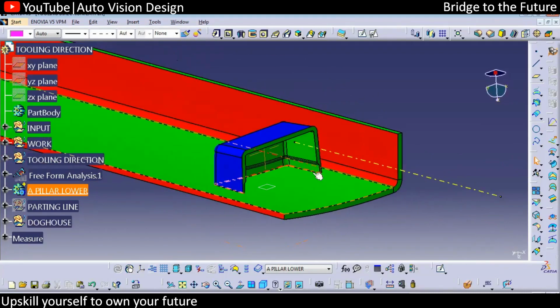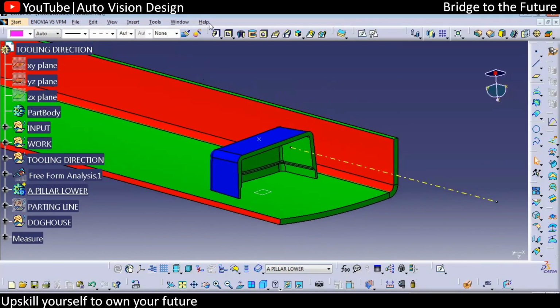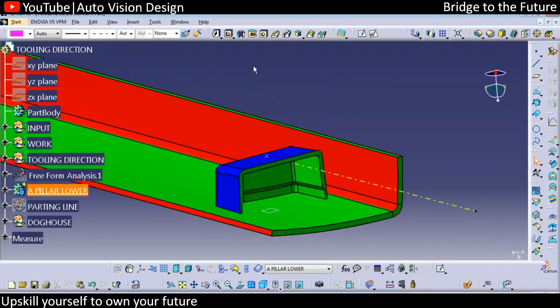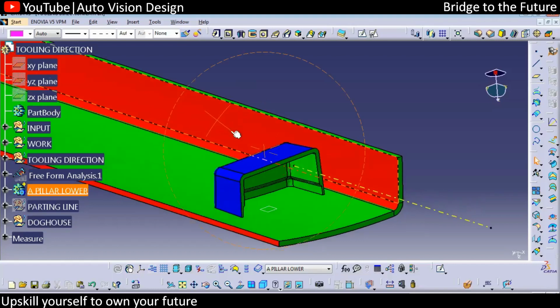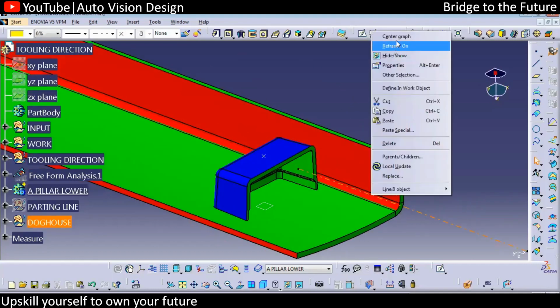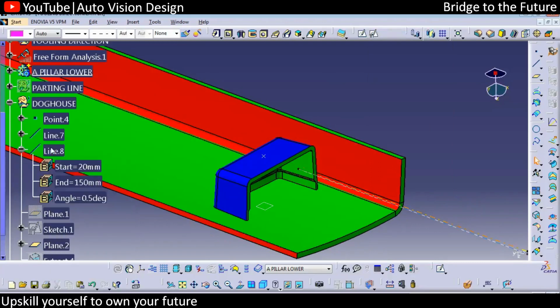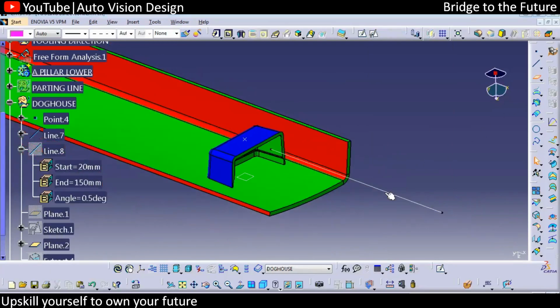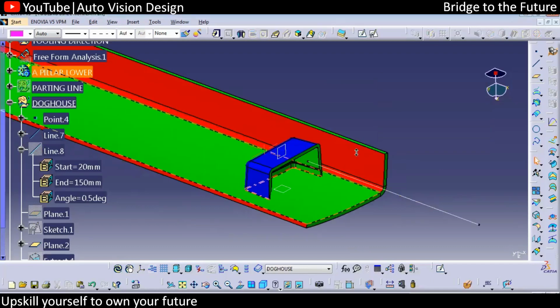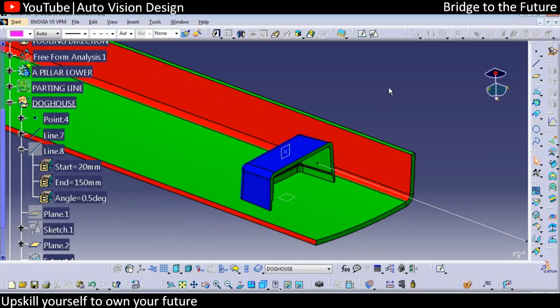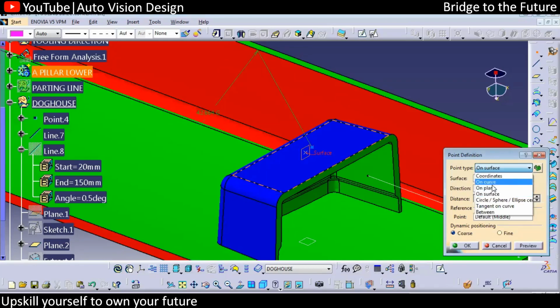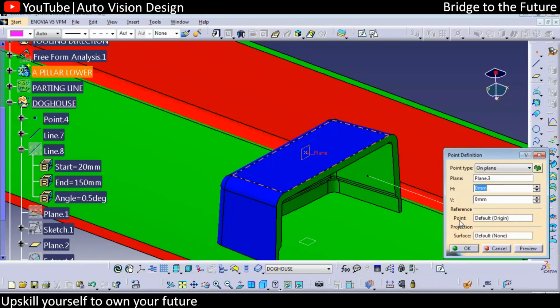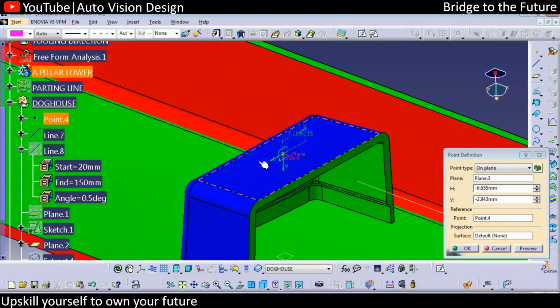Okay, so here you can check what we're going to add with respect to that. We require the point first. So you can place an axis system over here, that will be fine. You can create the point, that will be fine. What I can do right now is, without placing the axis system, we will check. Later on we will check for the axis system as well. So now we have this x-axis, so with respect to x we can create a plane over here. And with respect to this point and plane we need to create a relation. So what relation we want to create, we will add one point on this particular plane. Then with respect to the origin, the reference point will be this point.